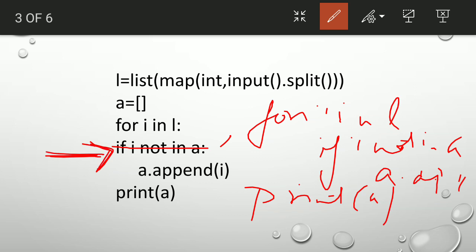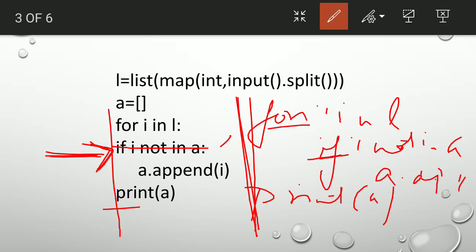Then you will be clear. The for loop and the print will be at one margin. The if will have one tab space, and A dot append will have two tab spaces.